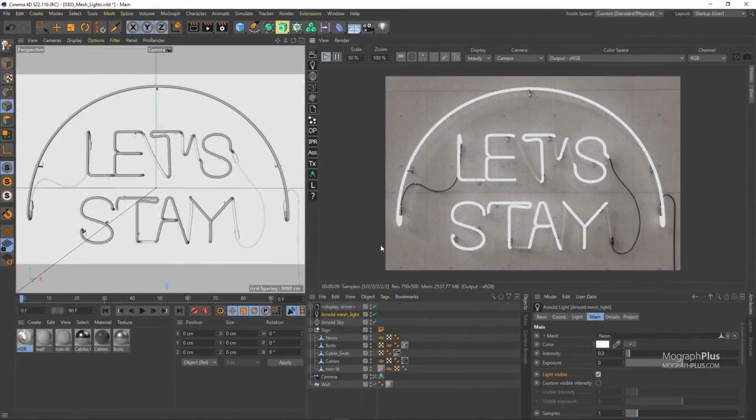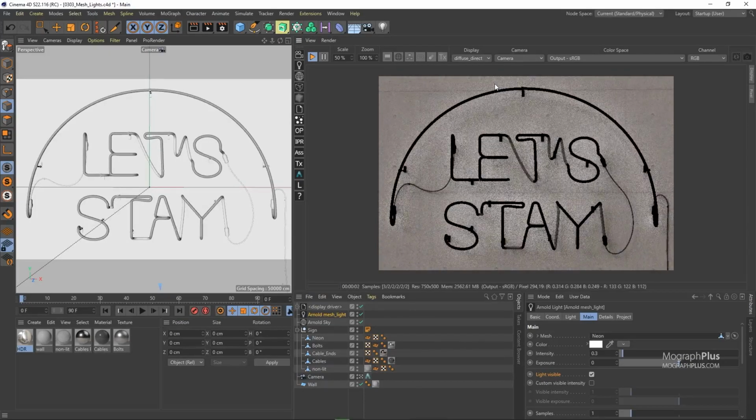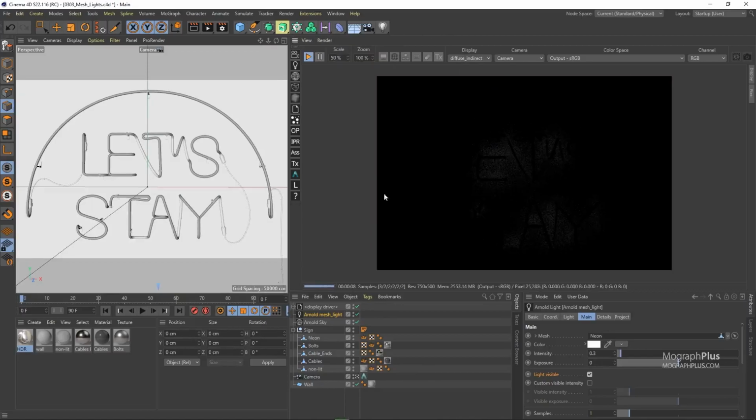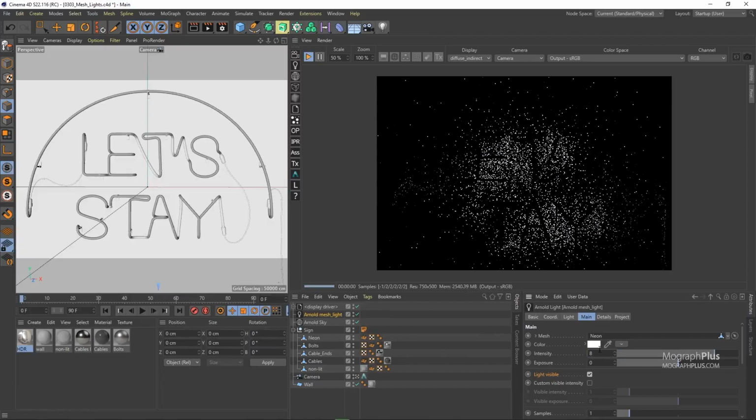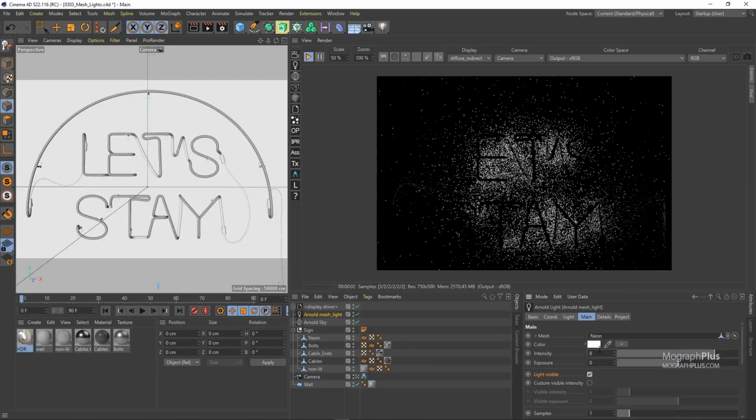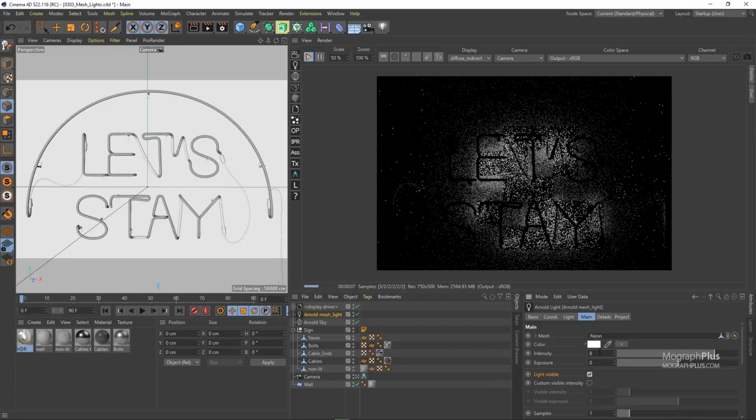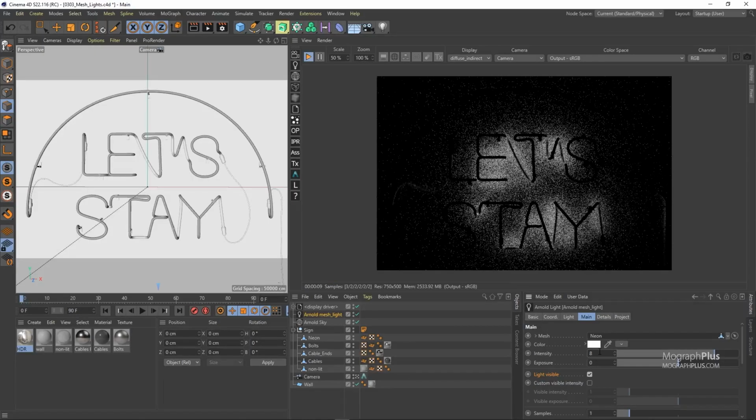Now, if you check out the diffuse direct and indirect passes, you notice there's a lot of noise here. The diffuse indirect pass is a bit dark because the intensity of our Arnold mesh light is not too much, and if we increase the intensity to make it more intense and emit more light, the diffuse indirect pass as well will be obviously brighter and will have more information,